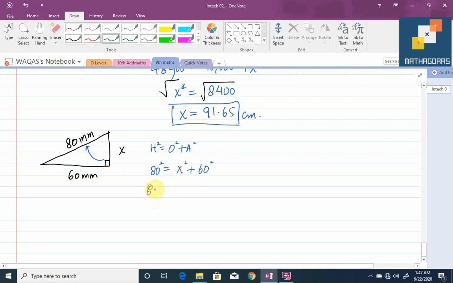80 square is 6400, x square, 60 square is 3600. Further solving it, 6400 minus 3600, so 2800 is equal to x square. Root on both sides, so it will be 52.9 and the unit is millimeter,